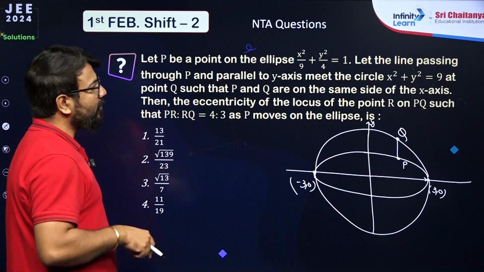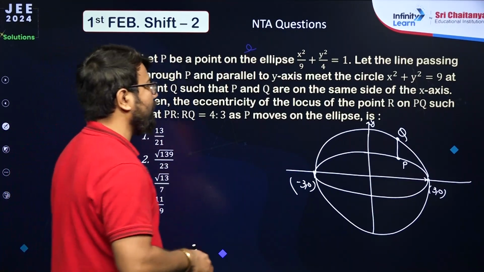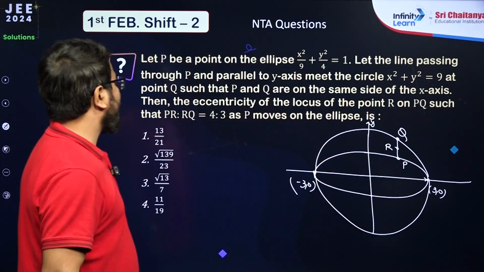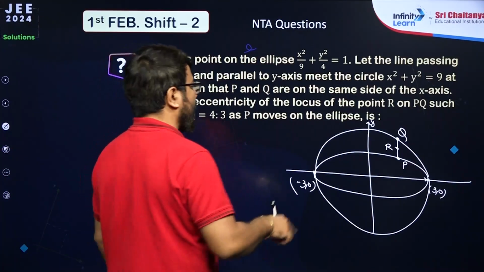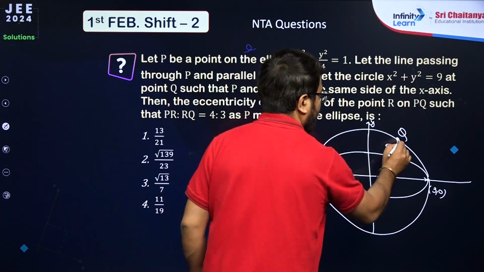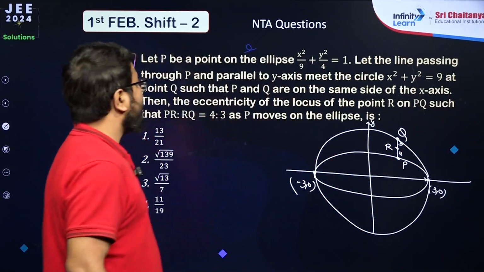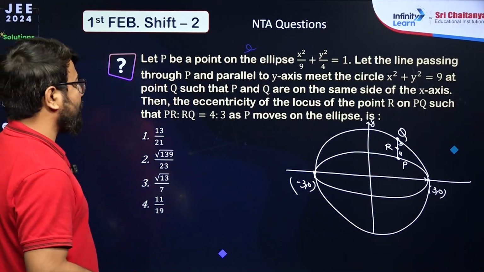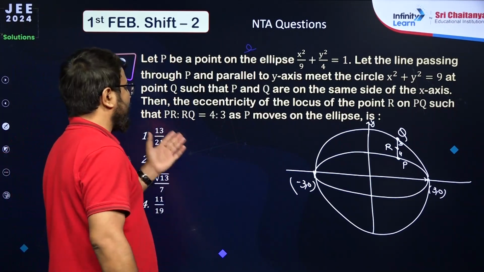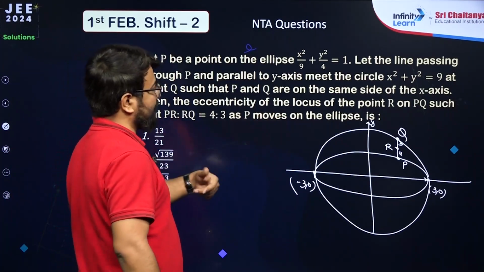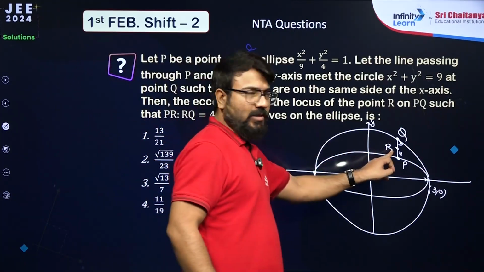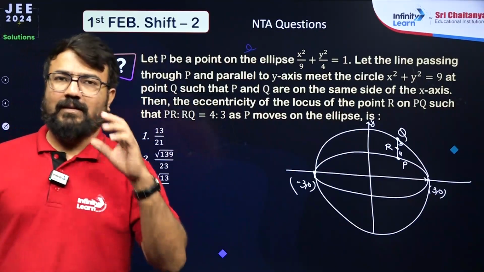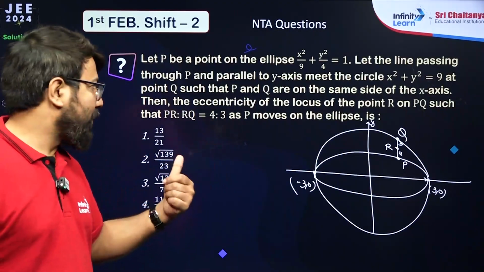And then the eccentricity of the locus of the point R on PQ. So basically R is lying somewhere here. And the condition which is given here is such that PR upon RQ is 4:3. So this is 4:3. Then P moves on the ellipse. Then find the eccentricity of the locus of the point R on PQ as P moves on the ellipse. So basically, first of all, we want to get the locus of R, and after that, whatever conic section we get from there, for that locus of R we need